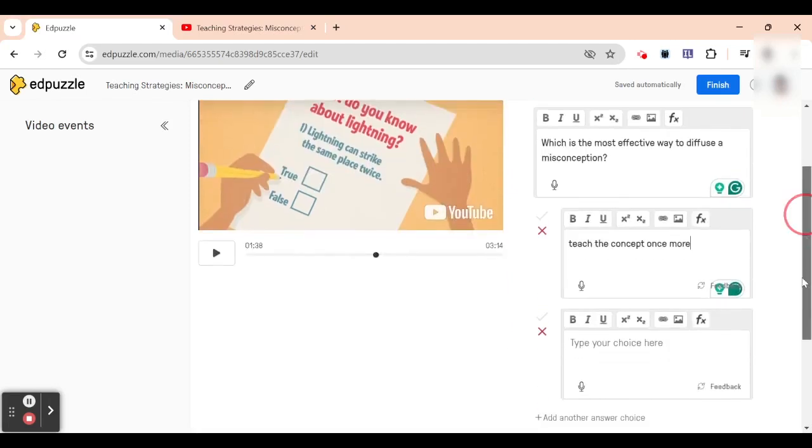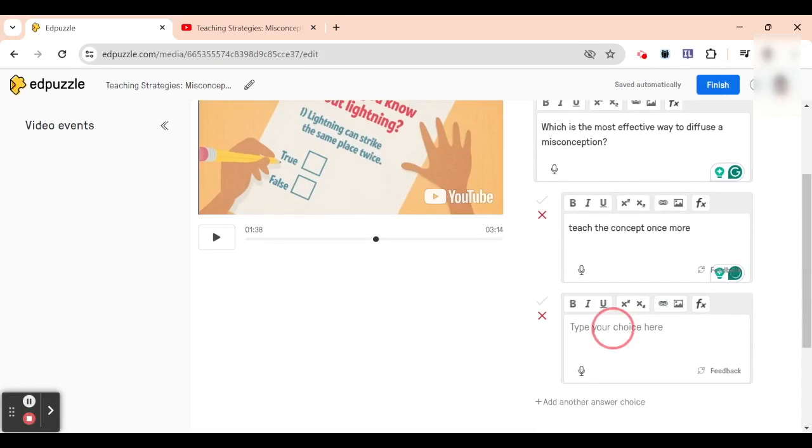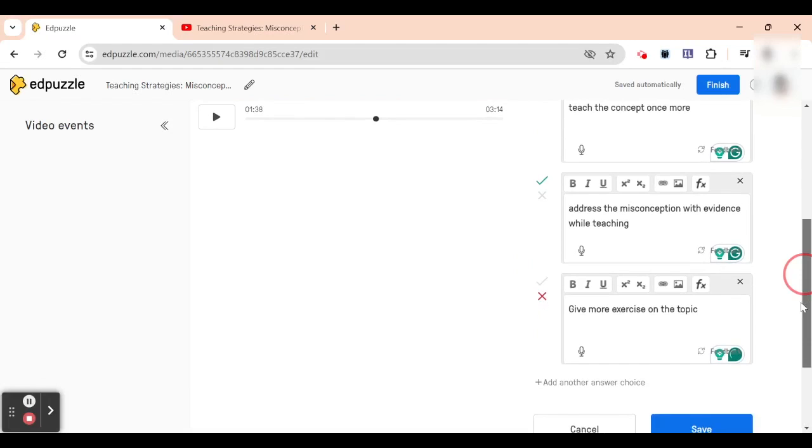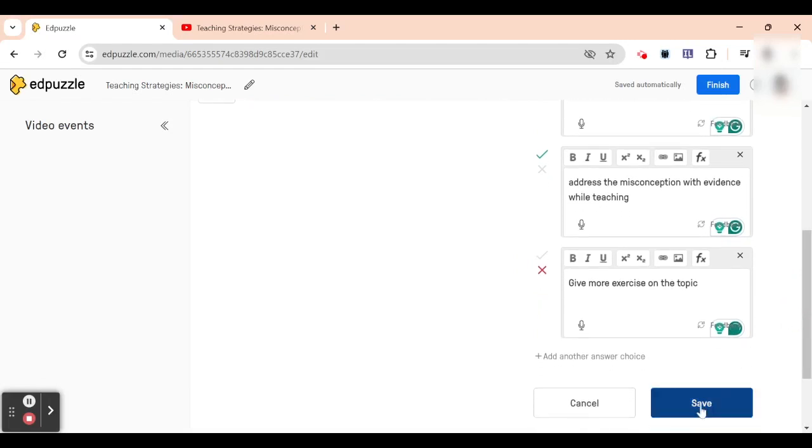So in the options, you already have two options as default. If you need another, you can click on add another answer choice and then type. So don't forget to click the correct option. So here I am giving the third option and then selected the correct option. Then you have to save the